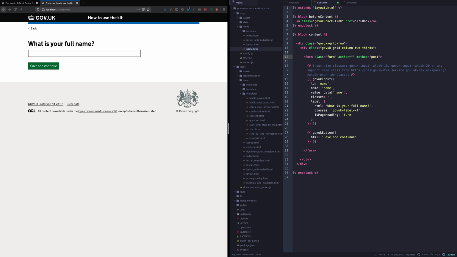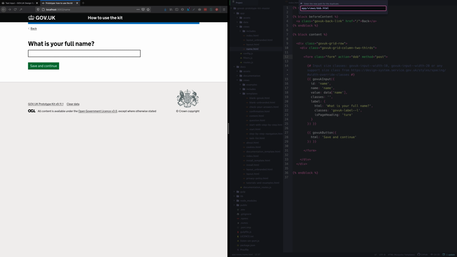And you can use this action, or you can remove it and have it submit, and then start looking at using these just in routes if you're more comfortable doing that. But for now, I'm just going to keep it simple and put the action in here. So after the name, I'm going to try and get your date of birth. So I'm just going to put DOB in there, save that again, and then I'm going to duplicate this name one,